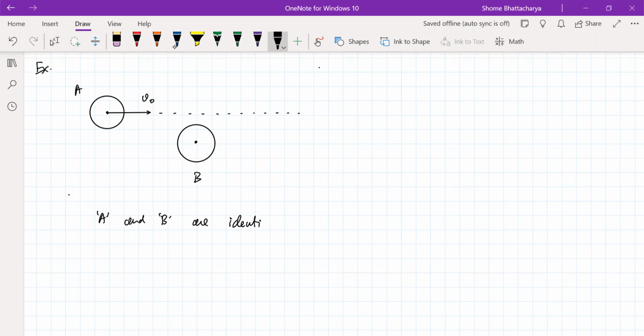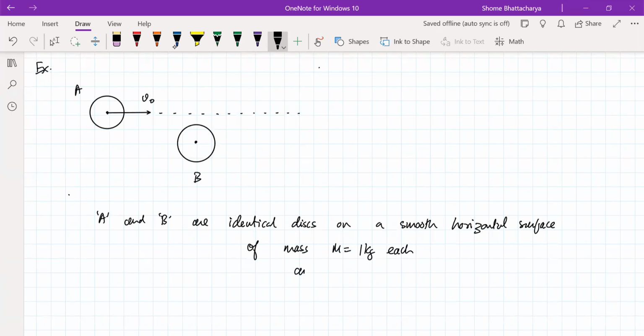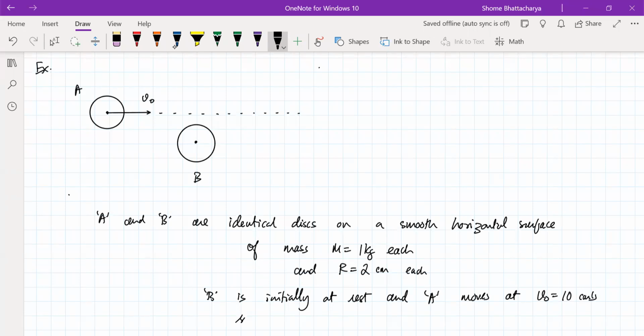So A and B are identical disks on a smooth horizontal surface, of mass 1 kilogram each and radius equal to, let's say, 2 centimeters each. Now B is initially at rest, and A moves at a speed of 10 centimeters per second, such that the impact parameter, now I'll explain what this impact parameter is,